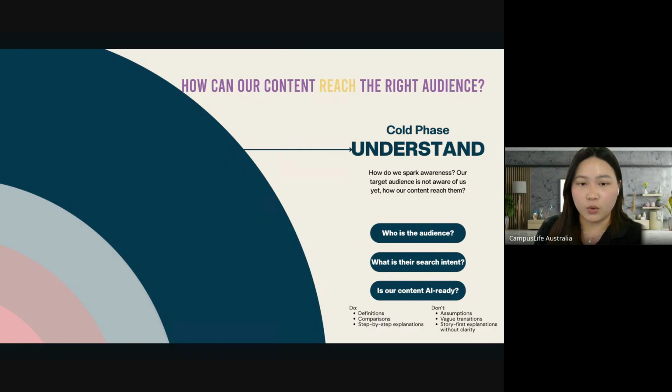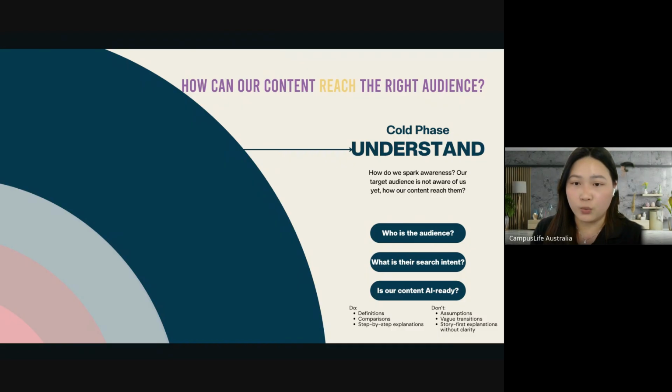Those people in the cold phase are not aware of us yet. So how can we spark that awareness? How does our content reach them? From my experience, what I usually do is try to understand them first. We need to know who our target audience is before we write any content, who we are writing that content piece for.